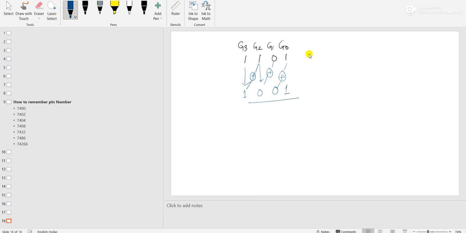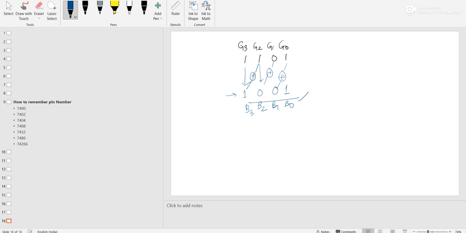I have taken the same example that I discussed earlier in the case of binary to gray. At that time the bits were 1001 and the code was 1101. So here, if my gray code is 1101, the binary output B3, B2, B1, B0 should be equal to 1001.